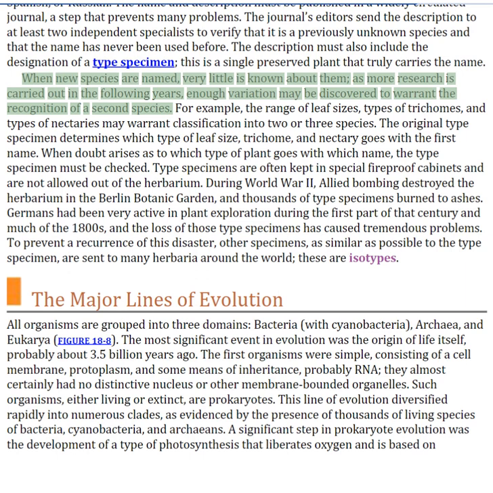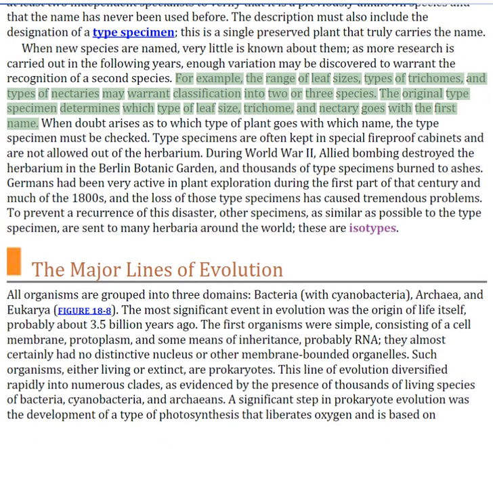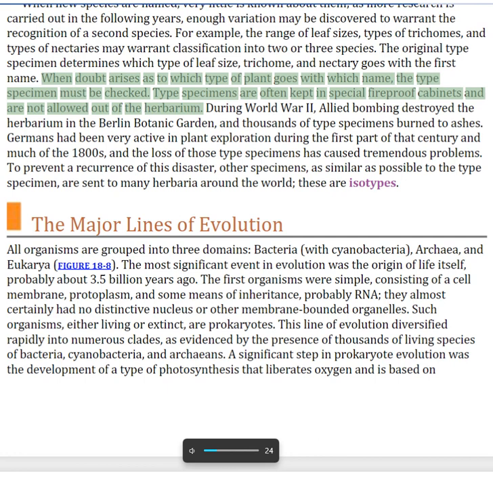When new species are named, very little is known about them. As more research is carried out in the following years, enough variation may be discovered to warrant the recognition of a second species. For example, the range of leaf sizes, types of trichomes, and types of nectaries may warrant classification into 2 or 3 species. The original type specimen determines which type of leaf size, trichome, and nectary goes with the first name. When doubt arises as to which type of plant goes with which name,